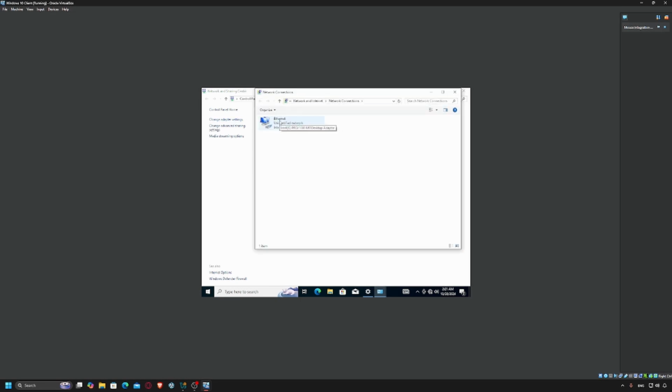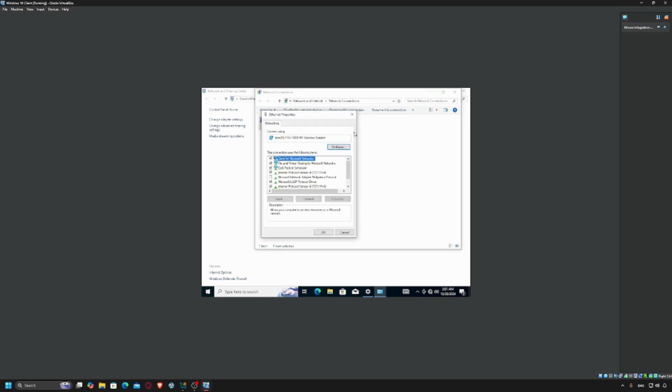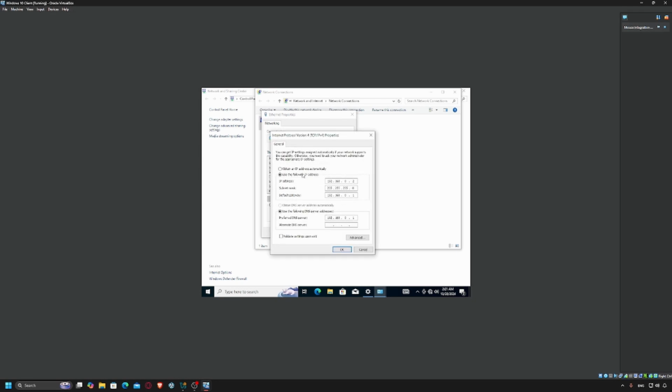Right, so we're going to right click on the adapter. We're going to the properties. And from here, we are going to look for Internet Protocol Version 4, TCP/IPv4, and we are going to the properties of that. So by default, again, the IP address will be assigned automatically. We want to make it static, so we're going to click on use the following IP address. And the IP address for this machine will be